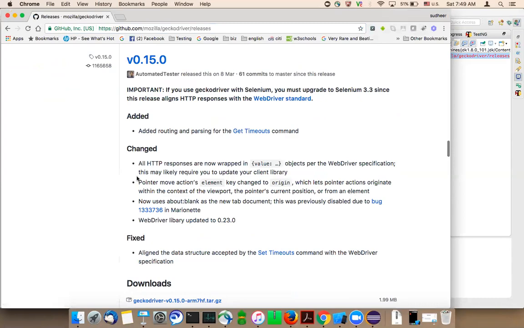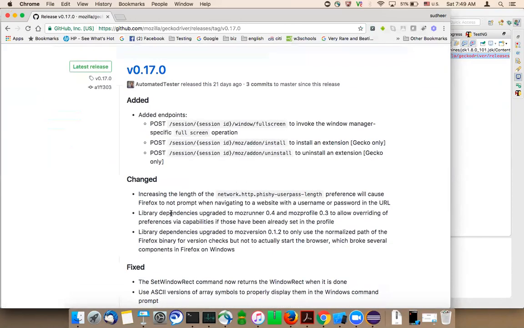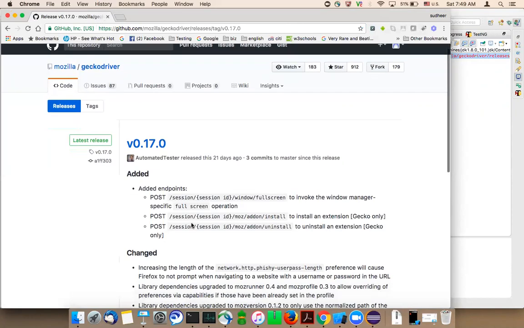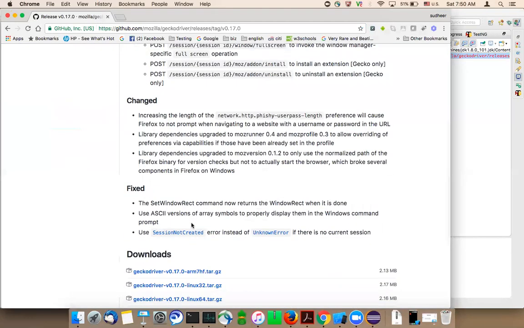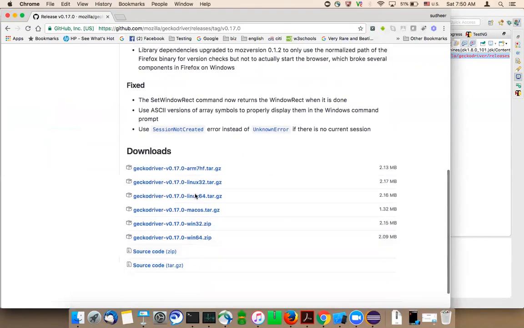So 16, 15. That means 17 is the latest one. Go inside that 17. Click on the 17, where you can download. You can download from here.